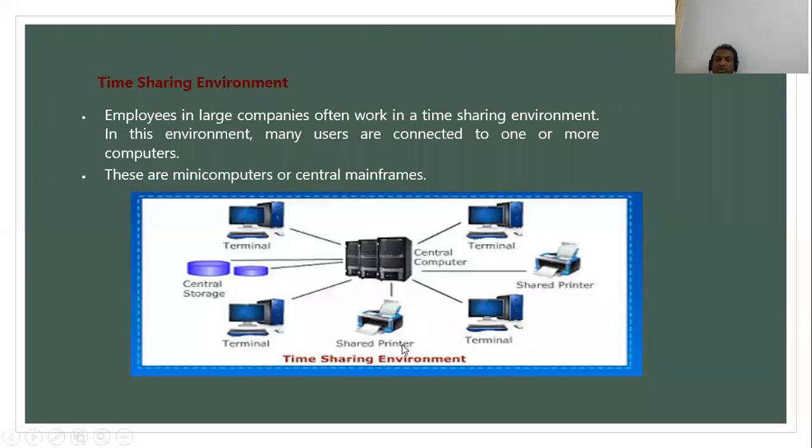Clear? That is what we call time sharing environment computers, where many users are connected to one printer or one server.